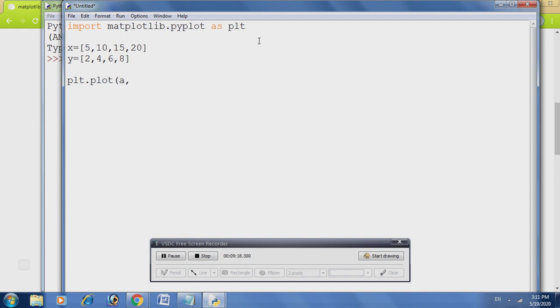That means whatever the x values and y values are, it will create a chart. For example, my x has 4 values, so first plot will be 5, 2, and second plot will be 10, 4, third 15, 6, and fourth 20, 8, right?